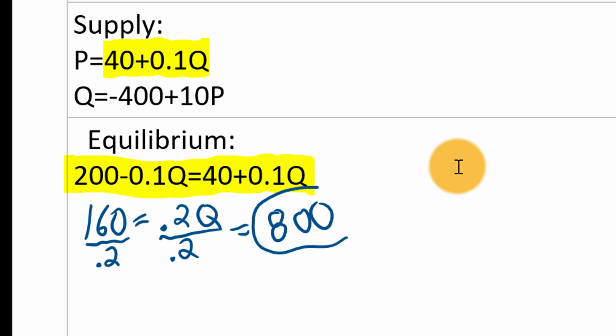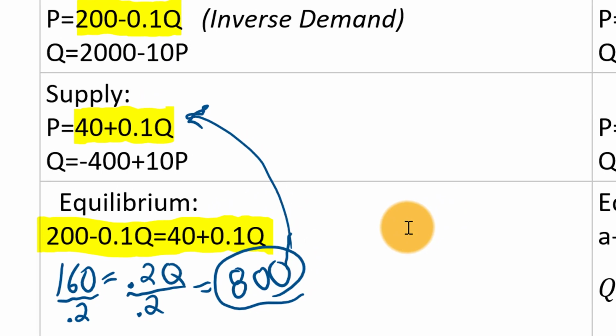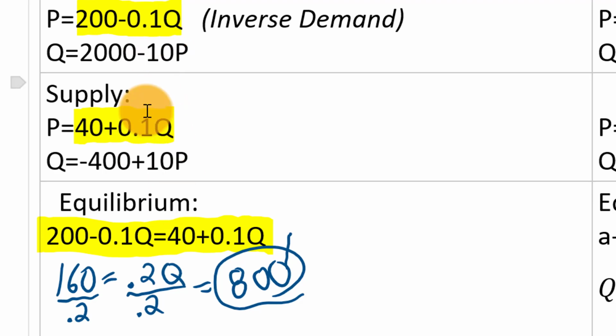And then we could take that 800 and plug it back into any of these equations, back into that one or back into that one, and that would tell us what the equilibrium price is. Easy enough, right? How would we do this numerically using these example equations if we wanted to add in a tax of $40? Well, what we do is we just take the inverse supply and we do what we did in the graph. And what we did in the graph is we took that supply equation there and we added into the y-intercept $40, right? That's the tax.